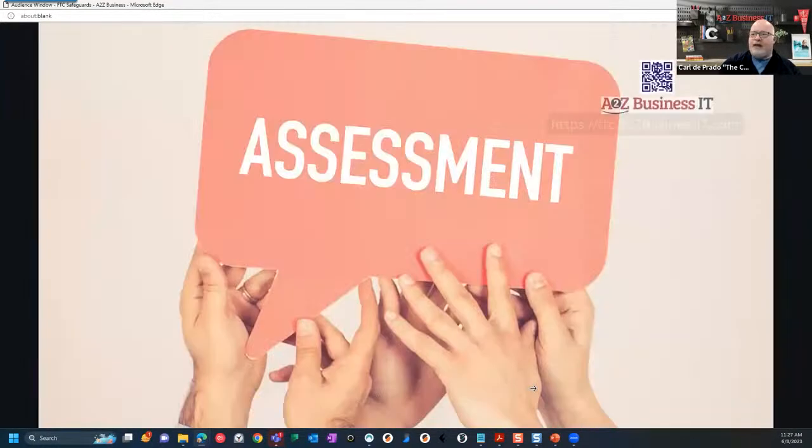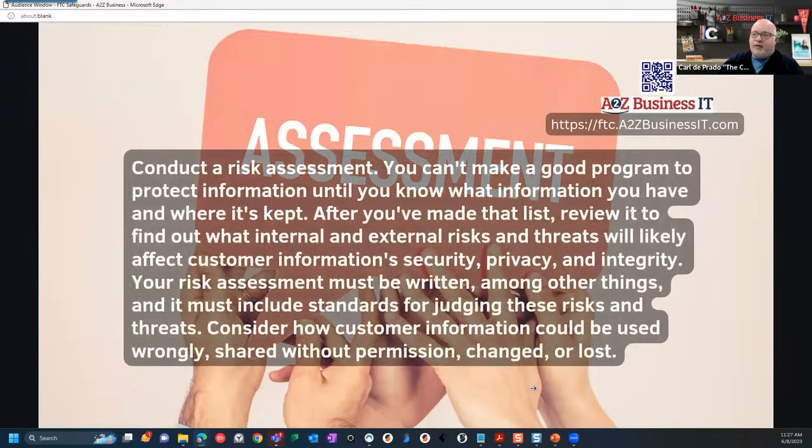Then on top of that, once you've identified your team, you're going to want to do an assessment. Now, if you're over 5,000 records, it's very clear: the FTC said you must do this. If you're under 5,000 records, even though the FTC said you don't have to, I would think it'd be incredibly unwise not to do the risk assessment. And why do I say that? Well, because without a risk assessment in place, you won't know where you're vulnerable. You won't know where an attacker can come in. So how can you make changes to make sure that your business is secure?